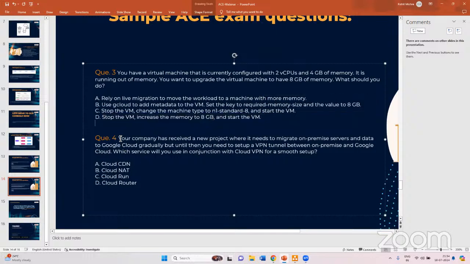And the last question for today is, your company has received a new project where it needs to migrate on-premise servers and data to Google Cloud gradually. But until then, you need to set up a VPN tunnel between on-premise and Google Cloud. Which service do you use in conjunction with Cloud VPN for a smooth setup? So your company is trying to migrate a project to GCP, and they need a VPN setup between on-premise and